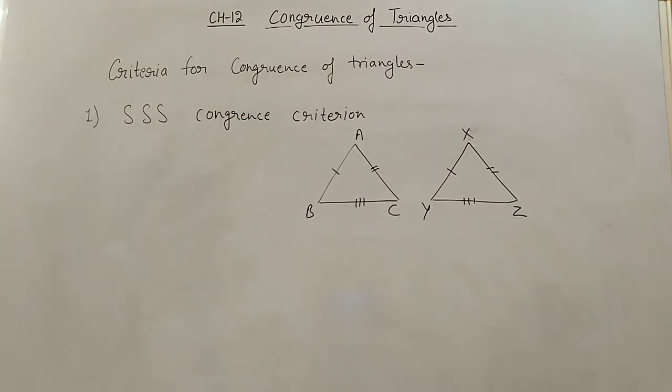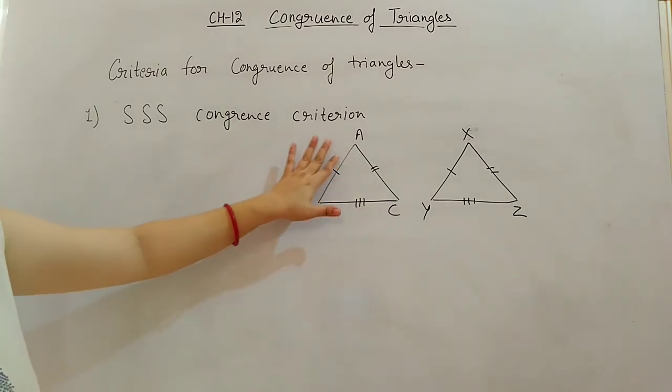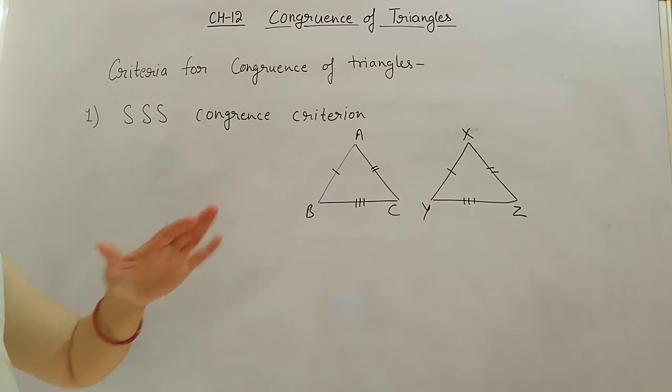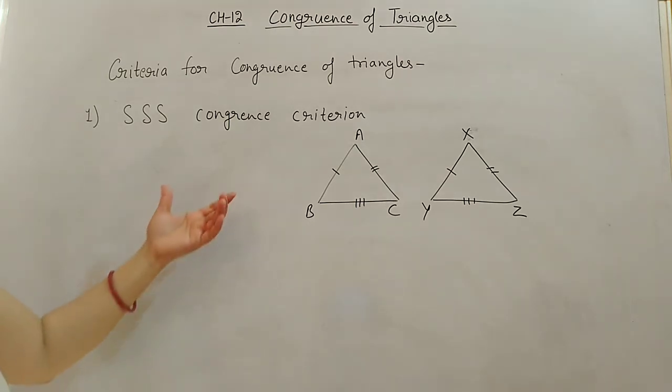Next is the criteria for congruency of triangles. To prove that two triangles are congruent, we have 6 elements for two triangles. See, we have 3 angles and 3 sides. All the 3 angles and all the 3 sides should be exactly the same for both triangles. But when proving congruency, it is not necessary to show all 6 elements. Here only 3 elements will be enough.